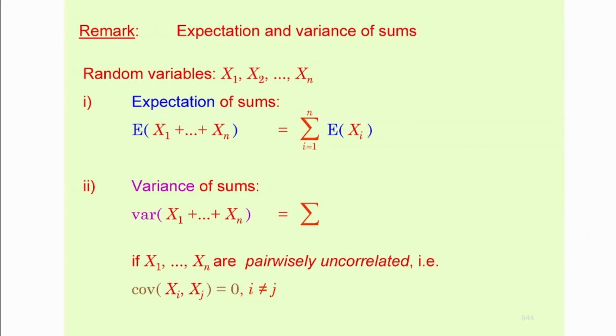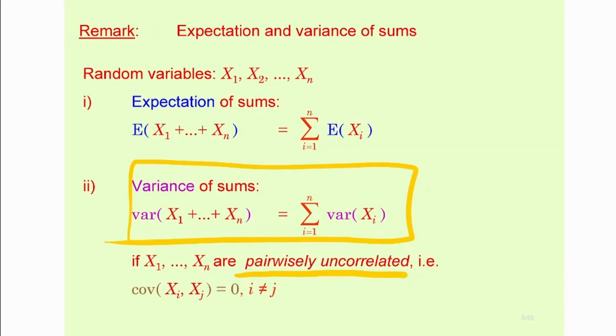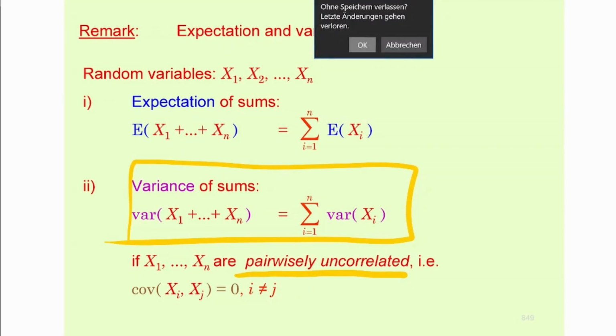Now, in this case, since those covariances are 0, you end up having the sum of the variances in case they are uncorrelated. You understand the point? So in case they are uncorrelated, the variance of their sum is going to be the sum of their variances. That's true, but only in that case, because the covariances are 0 then. You understand that, guys? So don't use that as a general rule.